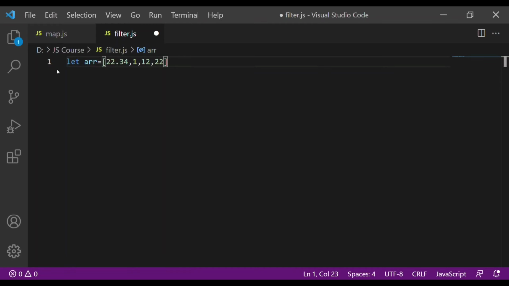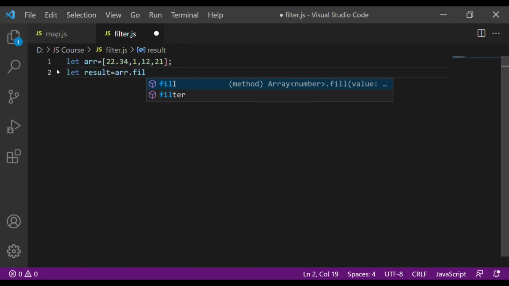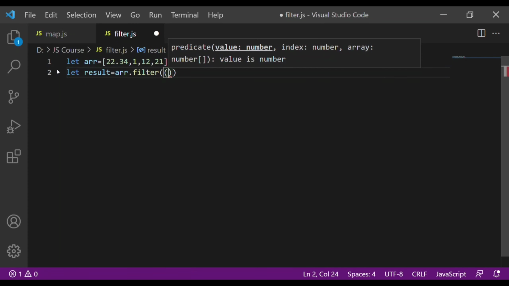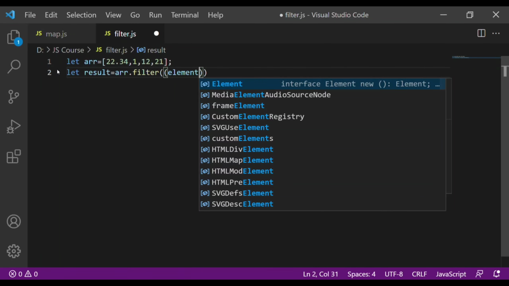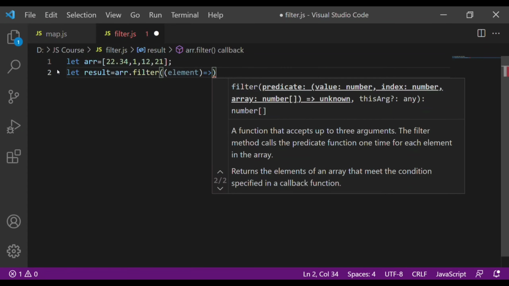Alright, and next I am taking a new array which is named result, and now I am calling the filter function, and inside the callback I am taking the element. Here I am using an arrow function only.